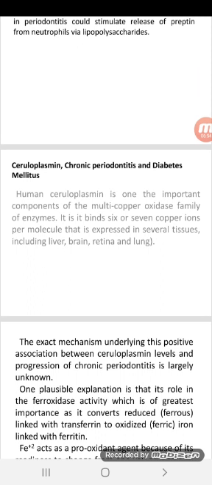Ceruloplasmin, chronic periodontitis and diabetes mellitus. The human ceruloplasmin is the important component of multi-copper oxidase family of enzyme. It binds 6 or 7 copper ion per molecule that is expressed in several tissue including liver, brain, retina